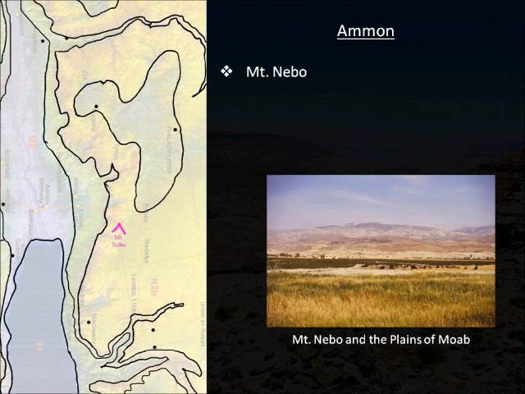And for this map, we also have one major mountain, and believe it or not, it's not so much a mountain as it is an overlook. Now, this is what is known as Mount Nebo, also known as Mount Pisgah. This mountain is most famous as the place where Moses died.